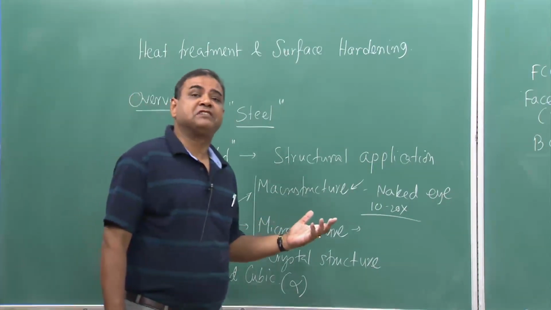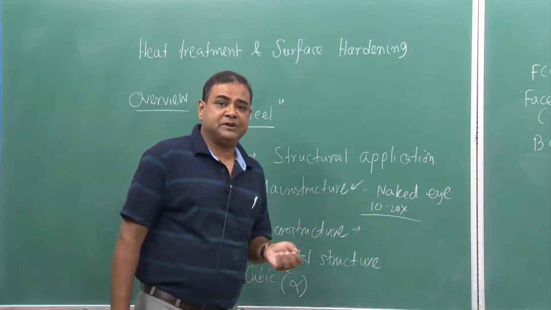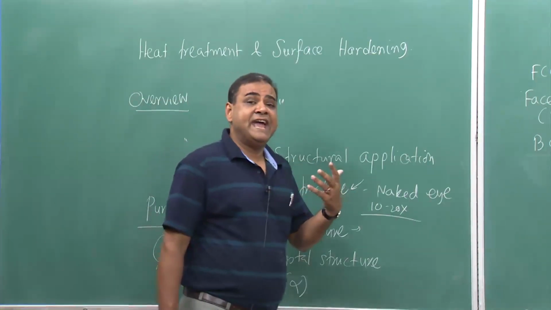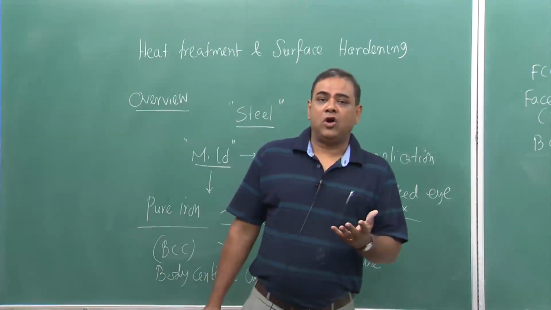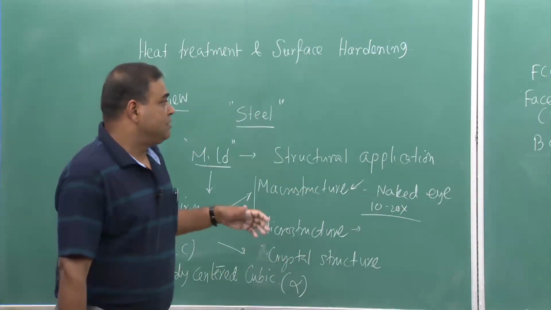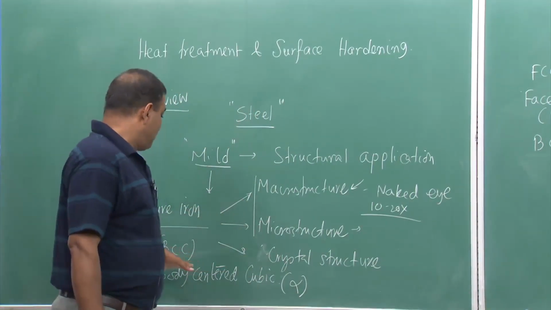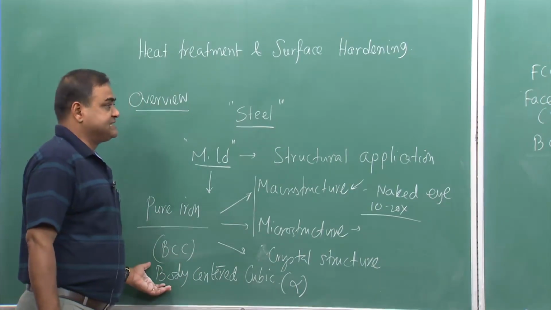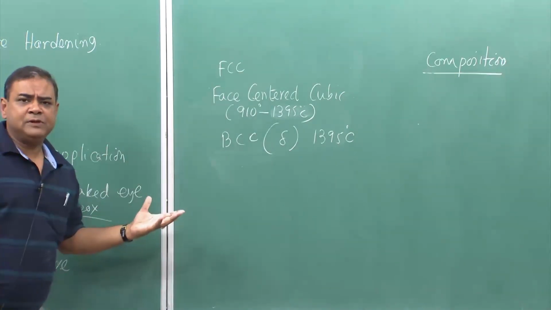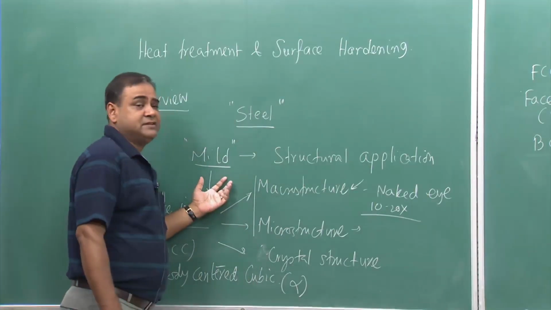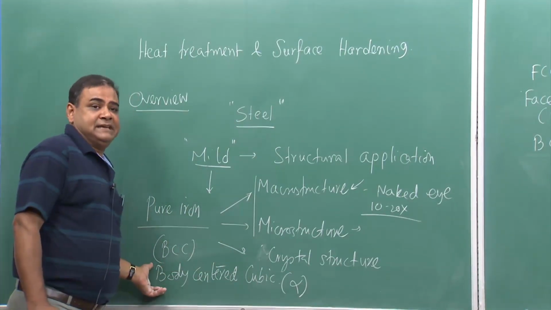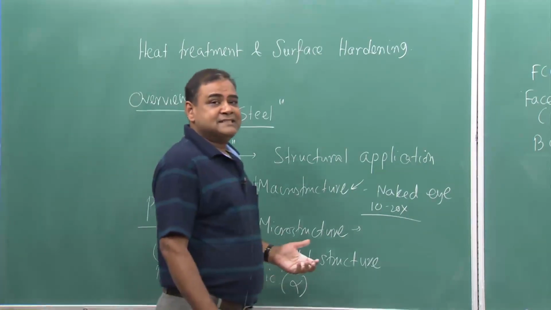If we change the pressure as well as temperature, we can come across other structures of iron, which could be HCP also, which is called hexagonal close packed structure. But for our application, we would be happy with these BCC and these FCC. Classic example, mild steel, if we consider the iron what we see, that is nothing but the BCC,